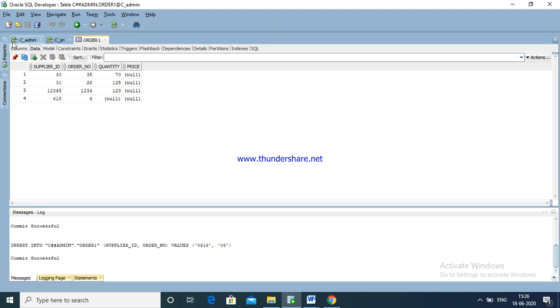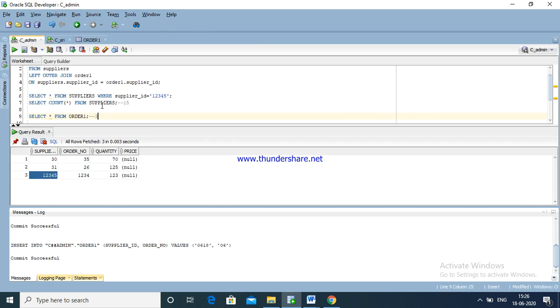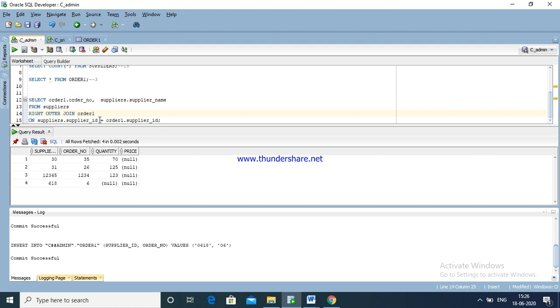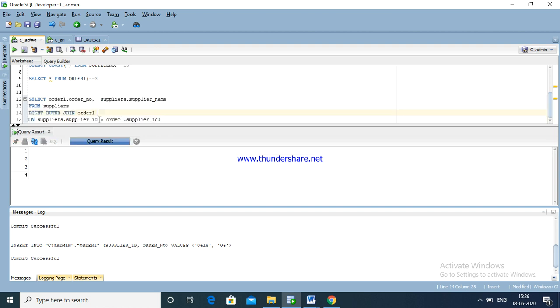Just select: 4 records in the right outer join. These are all 4 records where the condition is met.